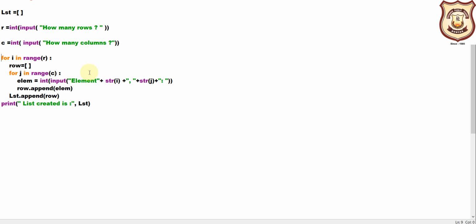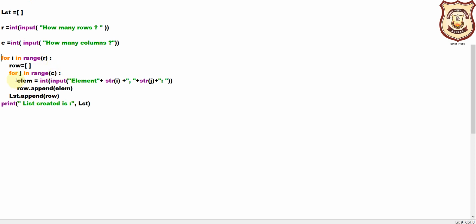If it is a 2 cross 2 matrix, or 2 cross 2 list, the first row will have 2 columns. So when the row is 1, the columns will be 2 because we are using 2 cross 2. It will work for the first column, and then for the second column. First row first column, first row second column.